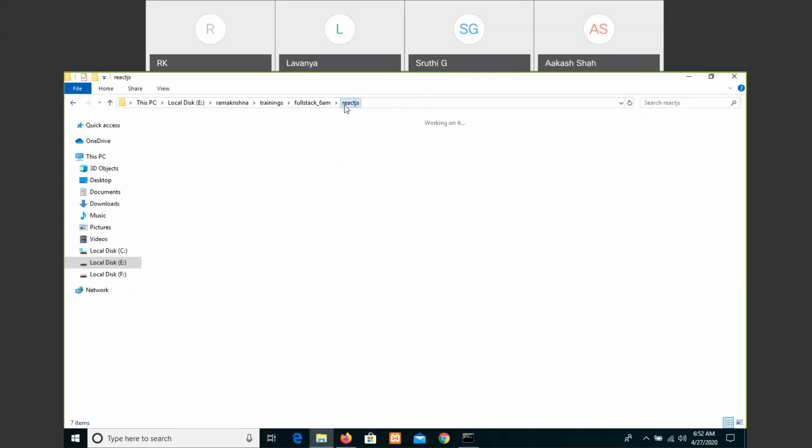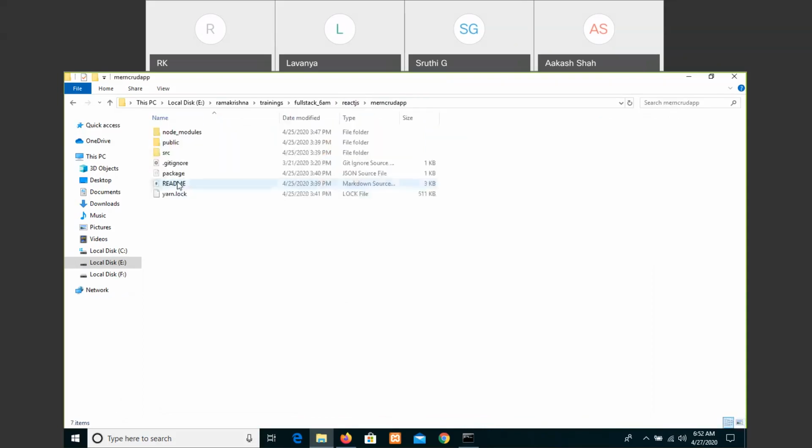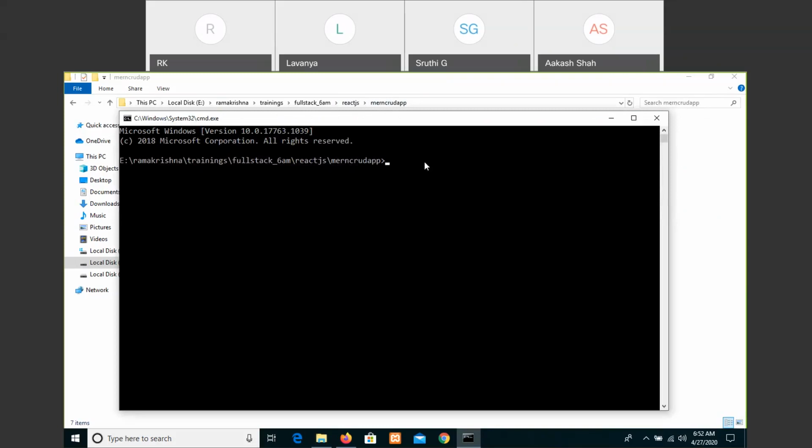After creating the app with create-react-app and the name of your application, you can check its output with npm start.